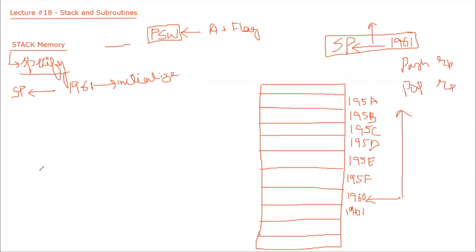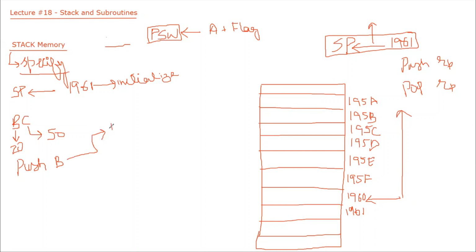So let's first understand a push instruction. Let's say I have a register BC. In register B, we have stored 20. And in register C, we have stored 50. So we have stored 20 in register B and 50 in register C. So whenever I am doing a push B, see what is happening in the program, or what is happening internally. Internally, this instruction does the following.